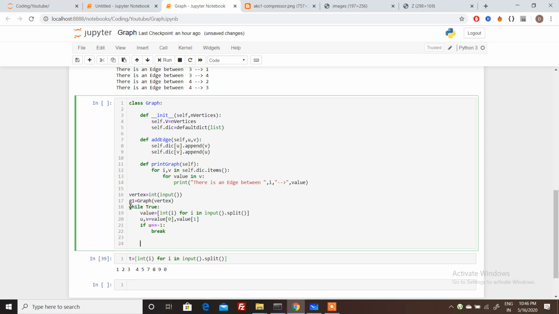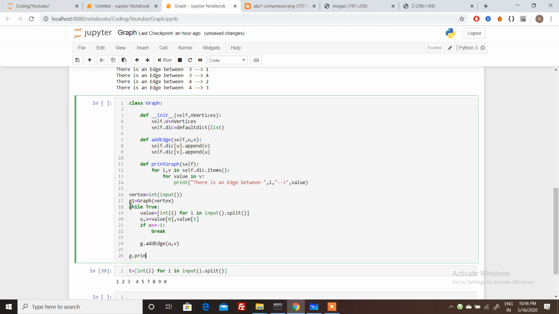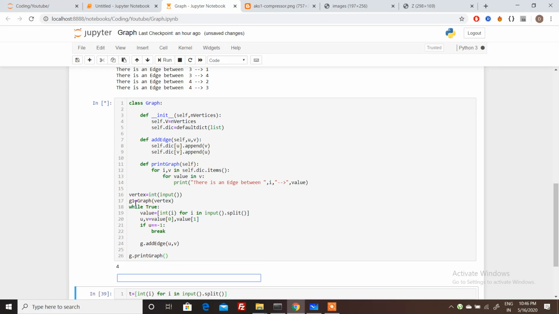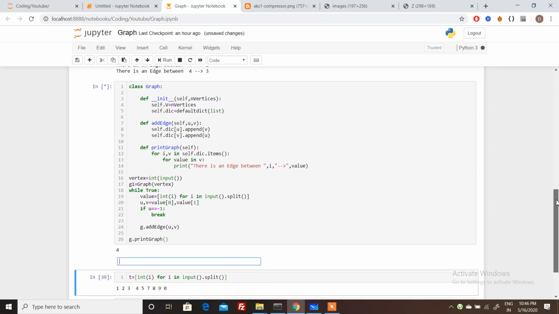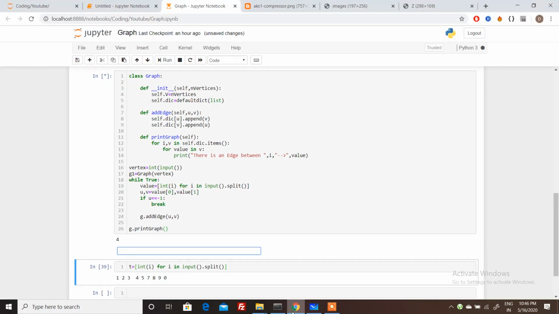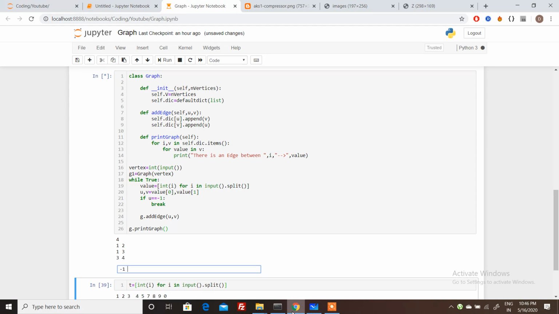After that let's call the add edge method, and after that let's print g dot print graph. First we need to pass how many vertices there are, so let's say 4, and now we need to pass the edges. First 1 2, then 1 3, then 3 4, and then -1 -1.